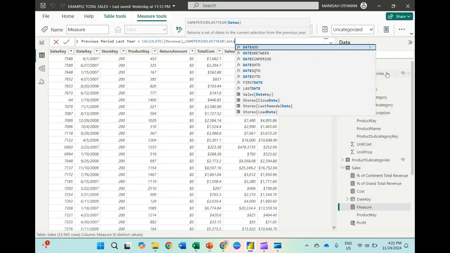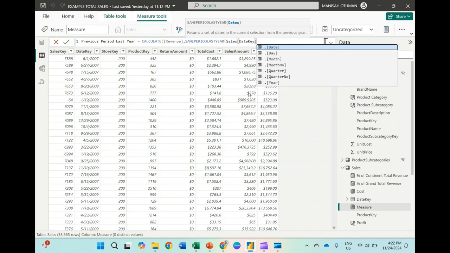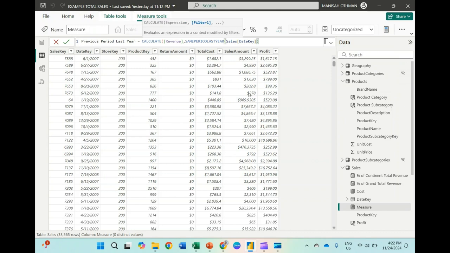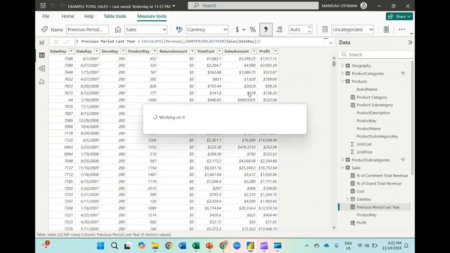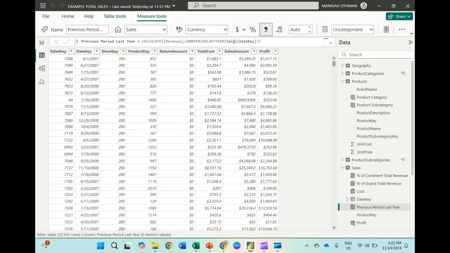I didn't bring a date table. So based on the date, we have a sales date key here. So based on sales date key, enter. As long as you have a date, then choose that date. And then we want to calculate the year over year percentage, new measure,